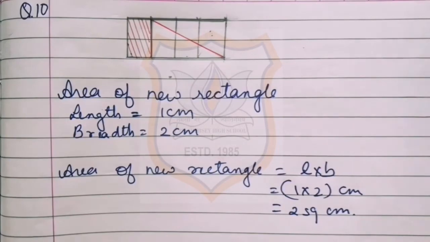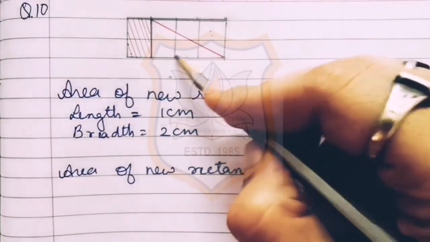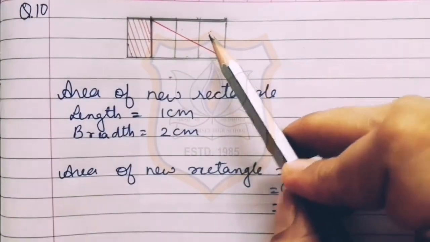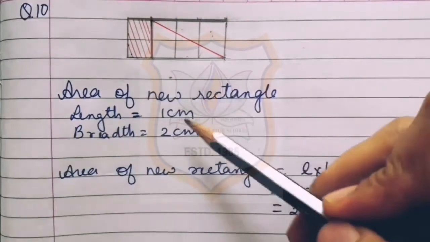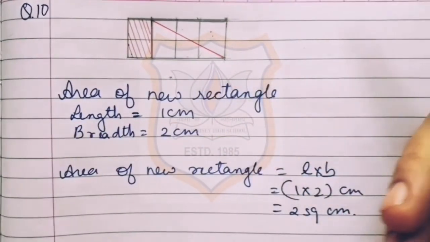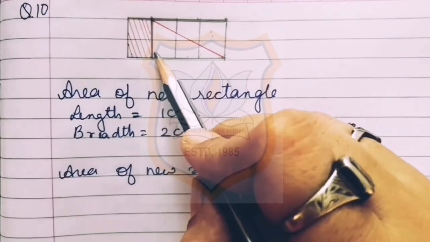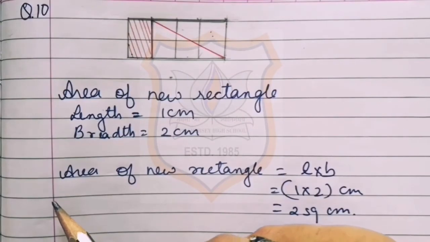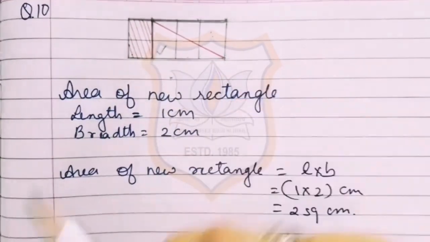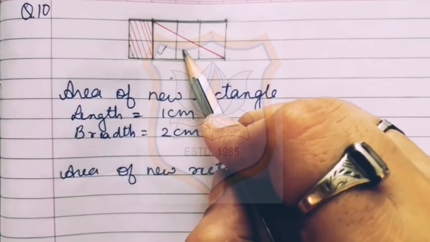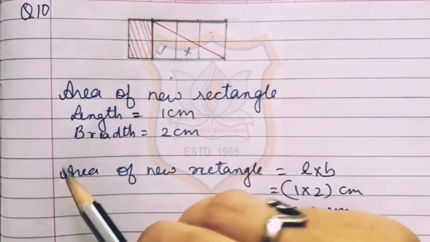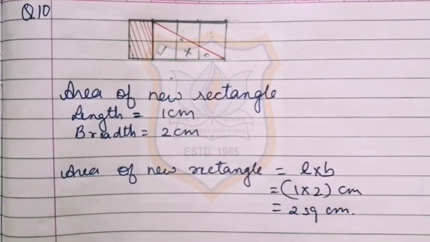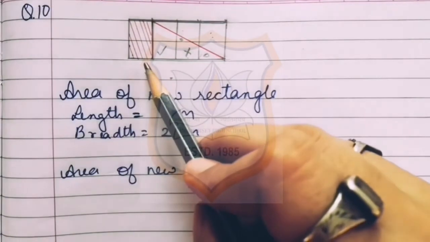Here you can see this is triangle number 1 and this is triangle number 2. You can calculate the area of any of the triangles as both have the same area. See here, if we count whole squares, we have one whole square. This is more than half square, so we will put a cross. This is less than half square, we will put a dot over here. This is also less than half square. And this is